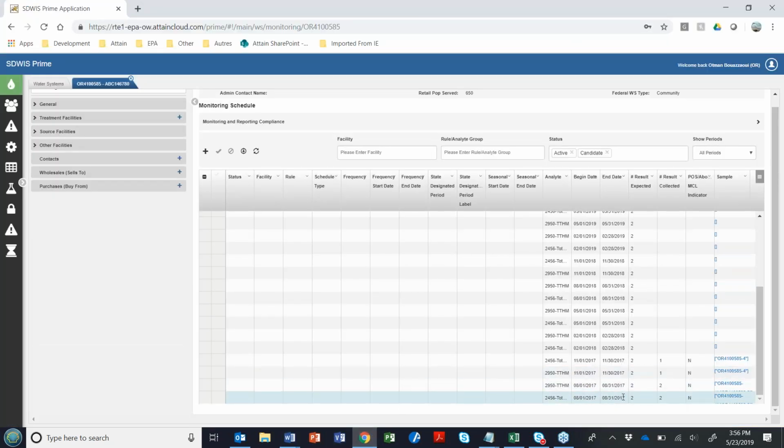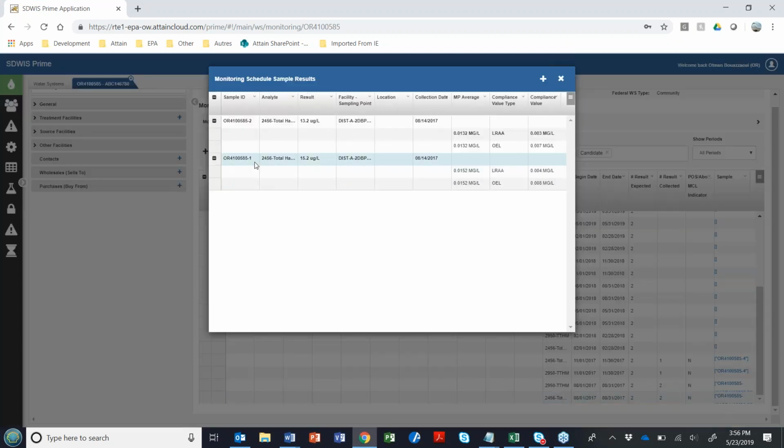So if I go down here, look at this period here, August 31st. Click here, you can see that this one is at sampling point number 1, and this one is at sampling point number 2. So these are my results for HA5.